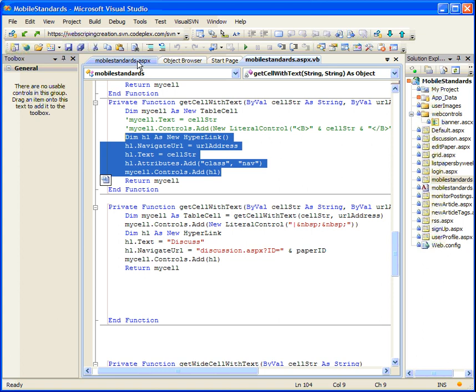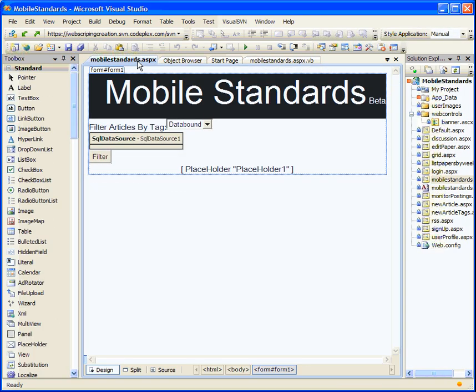So in this presentation, what I'm going to be doing is talking about adding a rating system into our mobile standards website. What I'm proposing to do is allow the user, when you see the list of papers, to click on a link which says rating, and they can then go and rate the paper. Now, the easiest way of doing that will be to add it to the very front page,